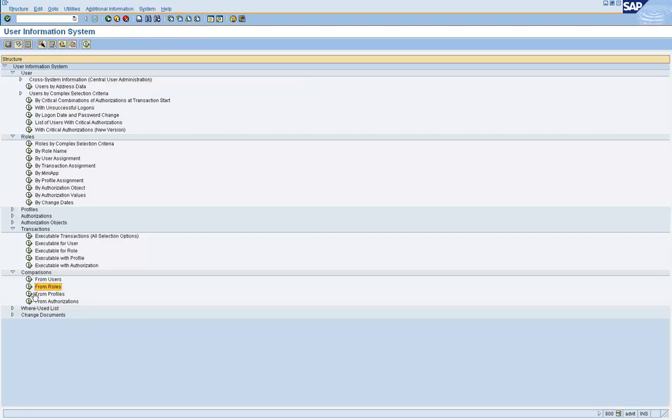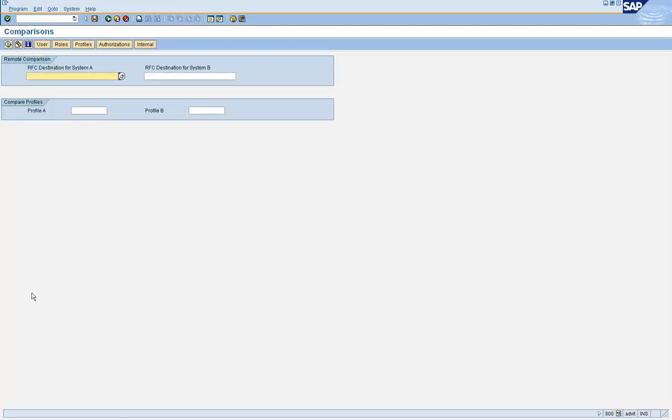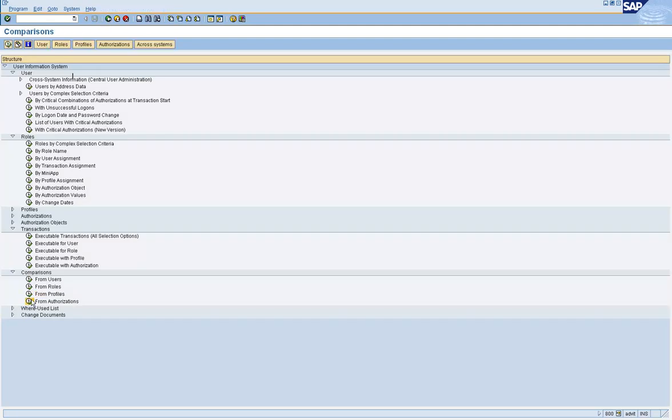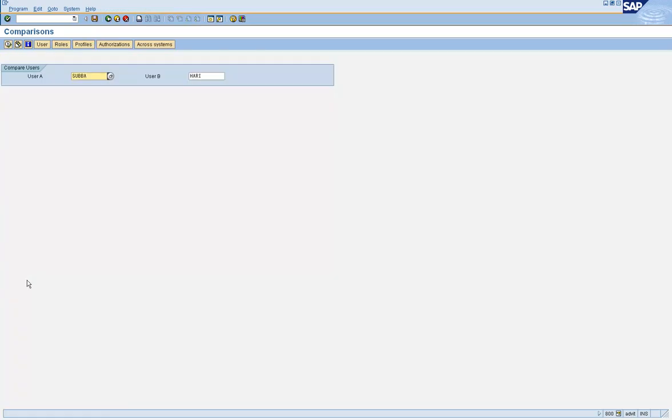Now the same thing with profiles. You can compare two profiles between two different systems or within the same system. And for authorizations. So from a use standpoint, I would say this is the most important one. From a troubleshooting standpoint, probably this could also be used.